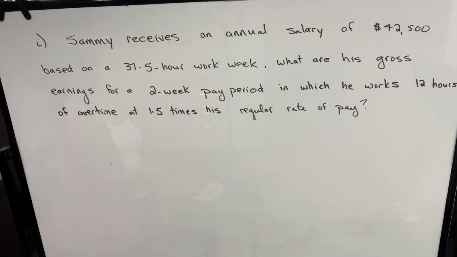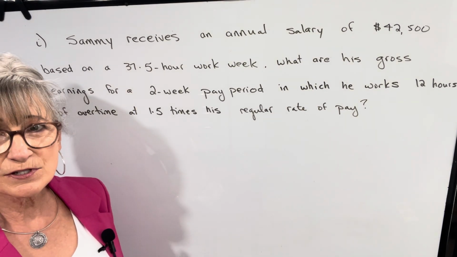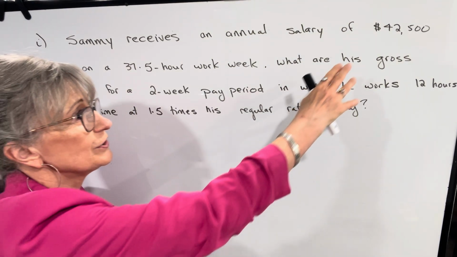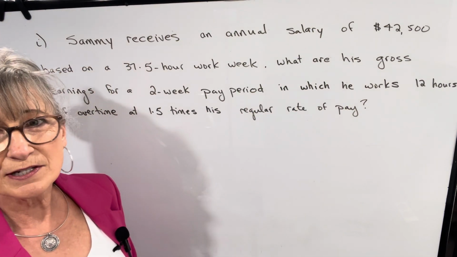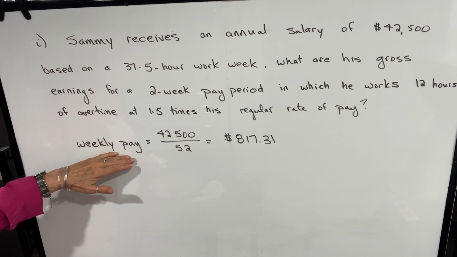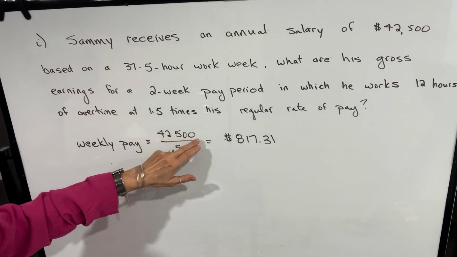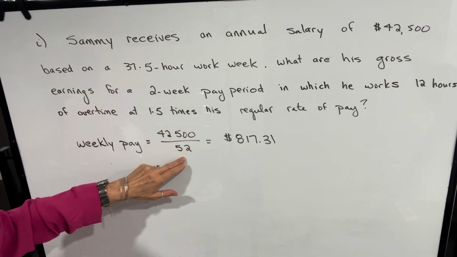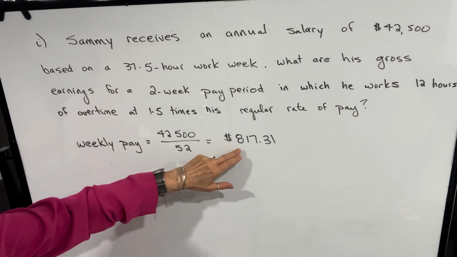First example says Sammy receives an annual salary of $42,500 based on a 37.5 hour work week. What are his gross earnings for a 2-week pay period in which he works 12 hours of overtime at 1.5 times his regular rate of pay? So let's first of all find out, if he's paid $42,500 in a year, what does that equal in terms of a weekly pay rate? In order to calculate weekly pay, we're going to take the annual pay of $42,500 and divide by the number of weeks in a year, 52, and that gives our weekly pay of